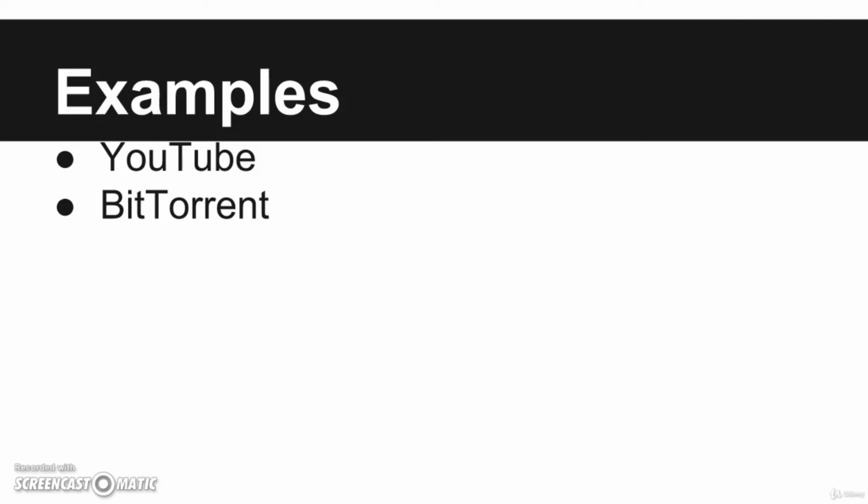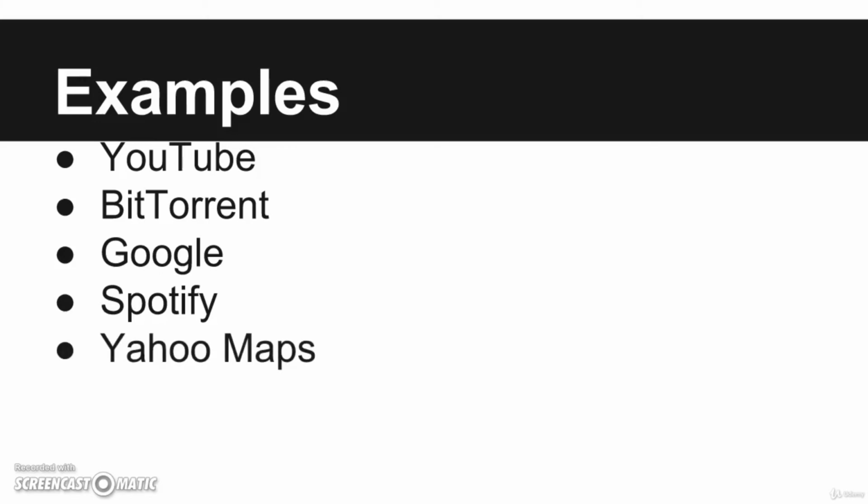So can you guess the website? It is the most popular website in the entire world. Yes, it is Google. Google uses Python at the core. And the next website is Spotify. If you listen to music, you would have known about Spotify. Spotify changed the music game when it allowed you to listen to ad-free music of your choice, and Spotify runs on Python. Like this, Yahoo Maps, much like Google, Yahoo also uses Python for a variety of different resources.